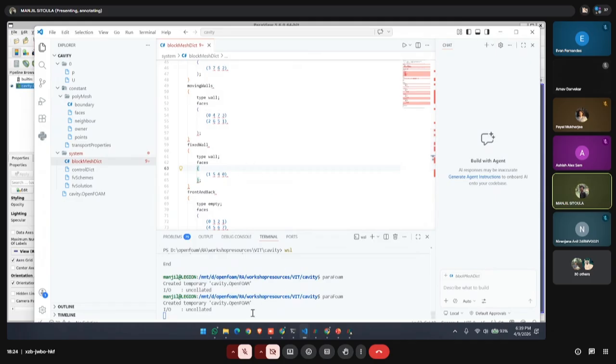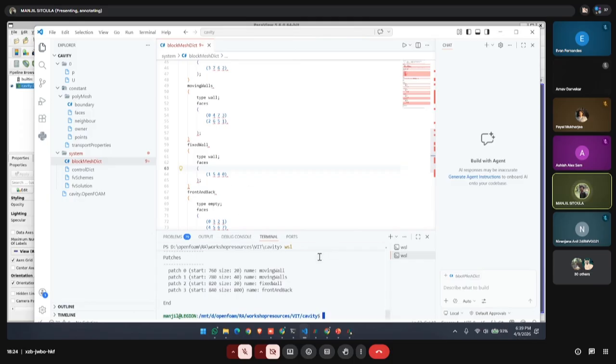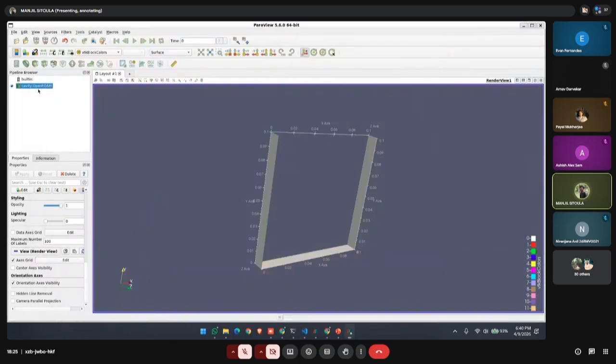Now let's run blockMesh again. Okay, now I have run the blockMesh again. Now we can see that four boundaries are formed. One is the movingWall, to which we will be prescribing a body motion, and the movingWalls that were the left and right wall patches. And this is the fixedWall, that is the bottom wall, and front and back as empty. Now if you reload this file,